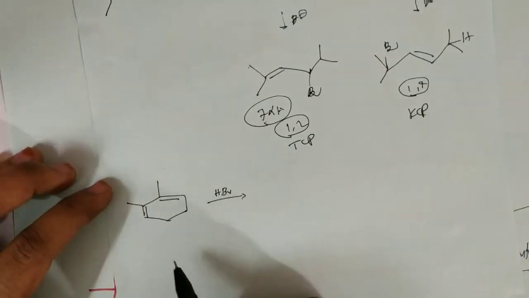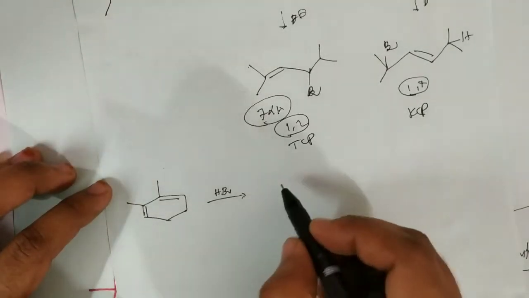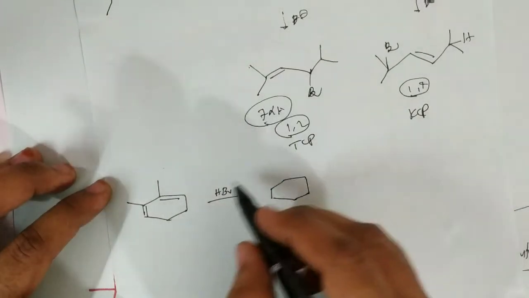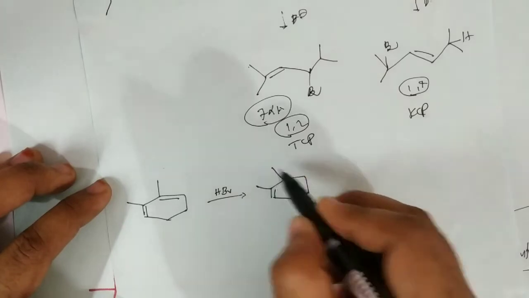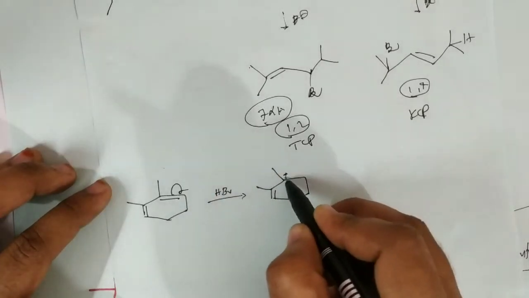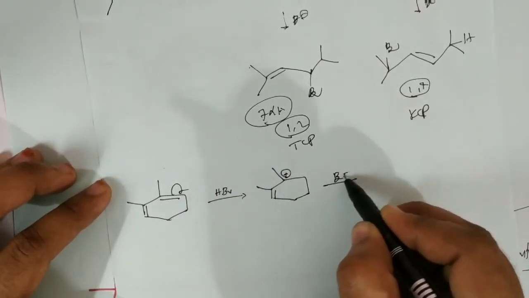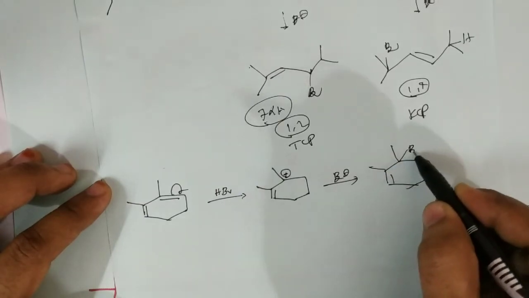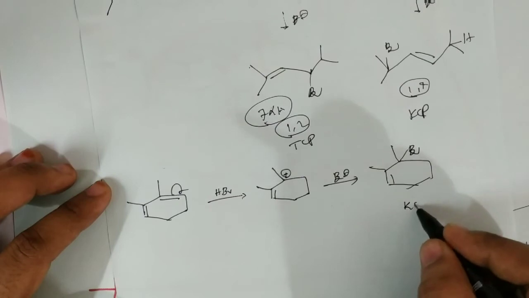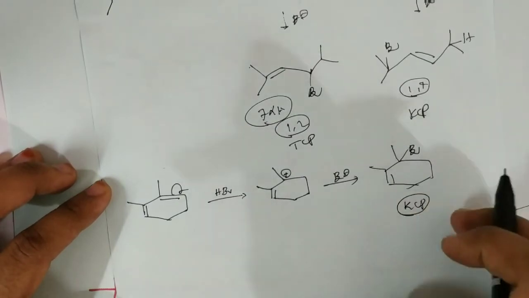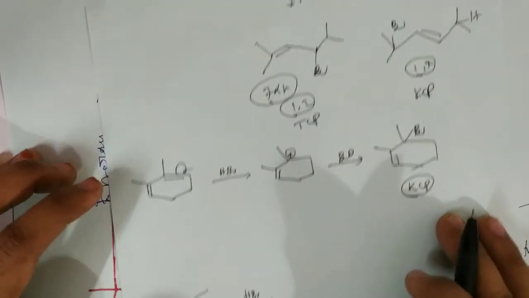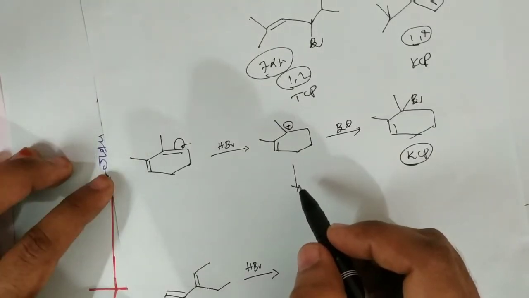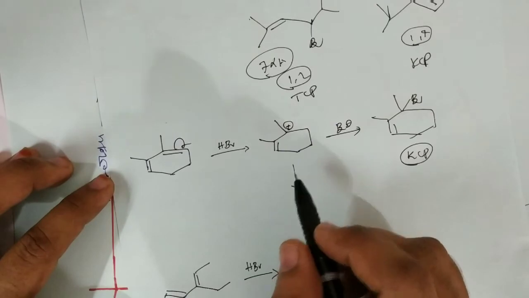And next, this one is a very simple one. At very low temperature, suppose the protonation takes place on this one. So we will get the stable carbocation. Now it is attacked by the Br minus. That means it is formed through the stable carbocation. It is a kinetically controlled product. It is formed as a major product at very low temperature. With HBr, again I am saying, at room temperature the thermodynamically controlled product is the major.